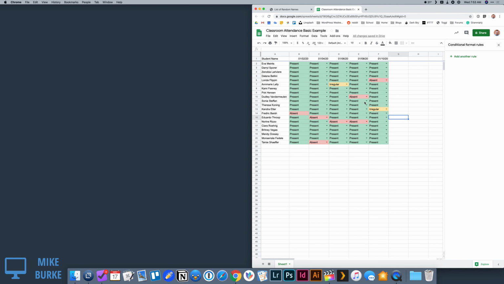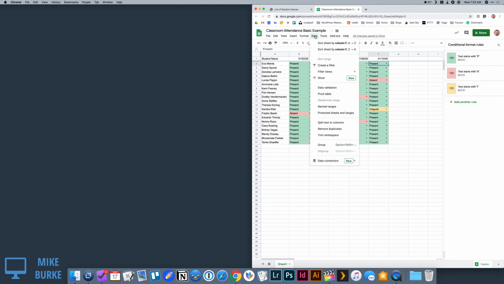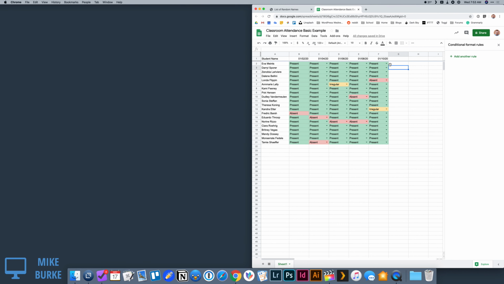So by using data validation, which is the drop-down menu that you can create by going to Data and Data Validation, we standardize and make updating attendance information really quick. And then by using the conditional formatting feature, we can quickly see trends in the information for student absences across time or a certain day's attendance. We can see what's going on a particular day.